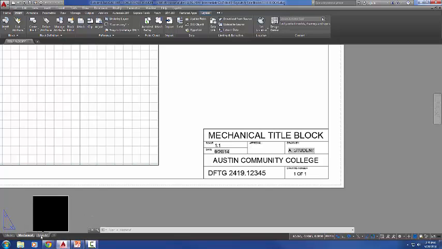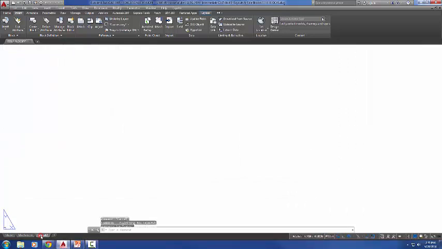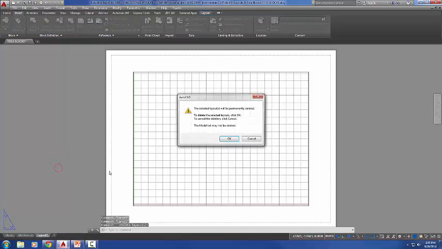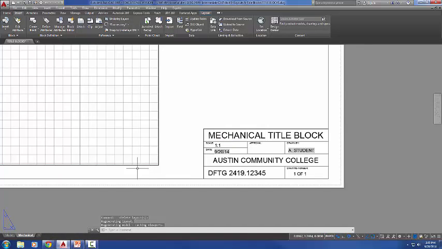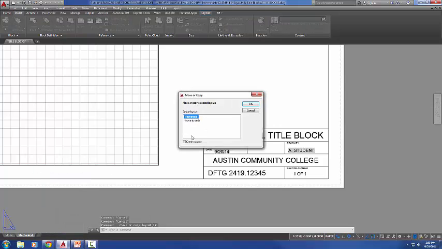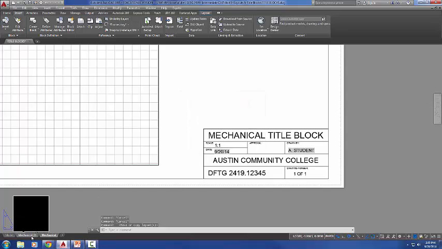To do that, I'm actually going to delete layout 2. So I'm going to click on layout 2, right click, and delete. It just warns me I can't delete the model tab. Got it. So what I'm going to do now is make a copy of the mechanical. Right click, say move or copy, check this box that says create a copy. And now I've got mechanical Part 2,